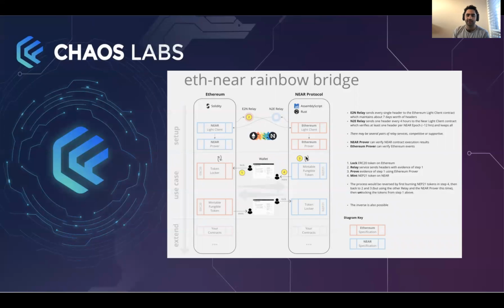I've used a prover to validate that this has happened, and now I'm going to mint wrapped ETH on Near for you. So again, it's the same model of synthetic assets being minted on corresponding blockchains. It's just the way that we do it that is different.